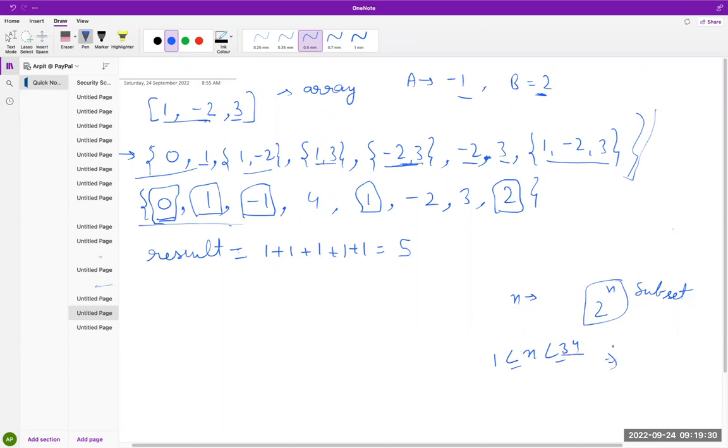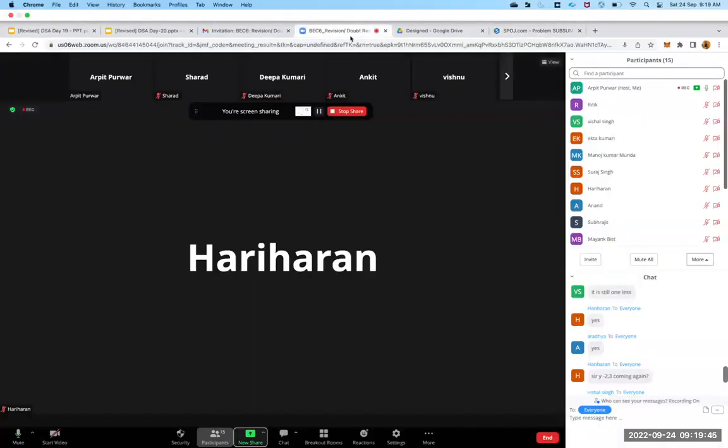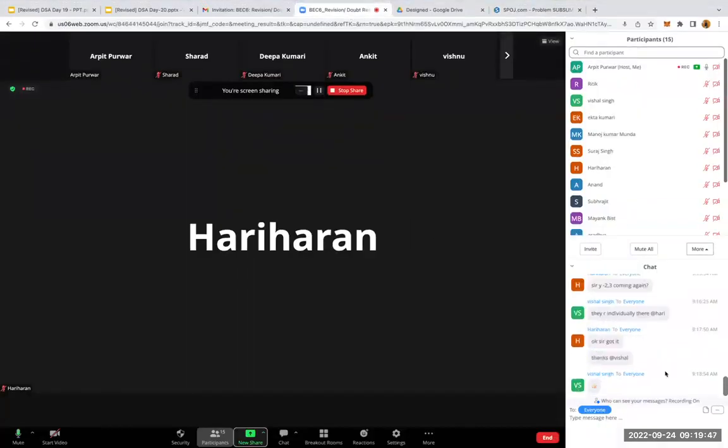So the maximum number of subsets we could create would be 2^34, which is too long a number, which is too big an array, right, guys? That's why, while solving this problem,